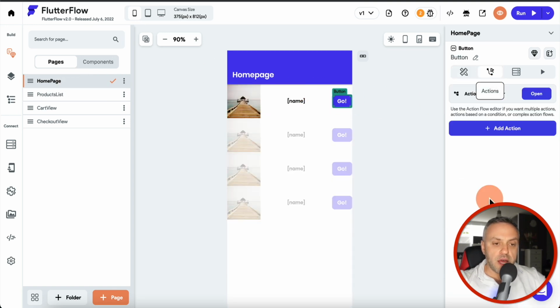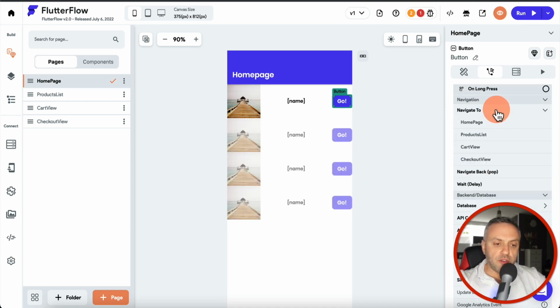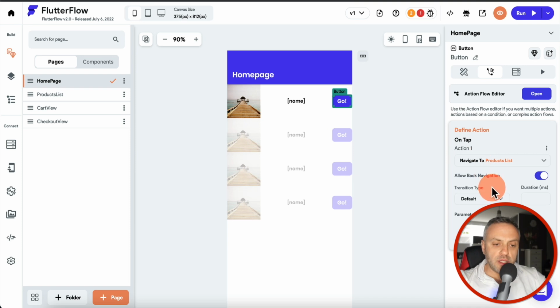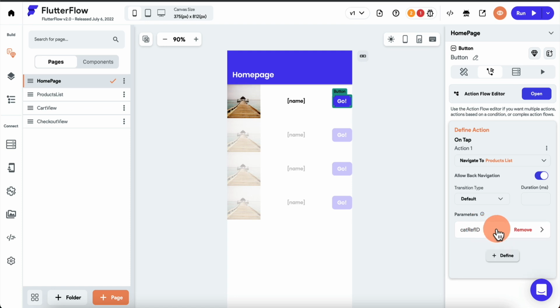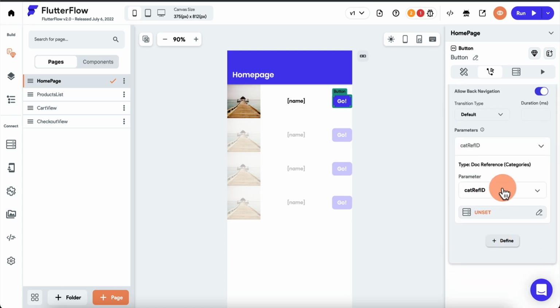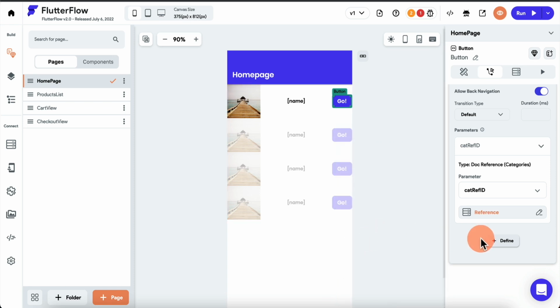We can go to the action editor, add an action, and we're going to say navigate to product list, and it's asking for a parameter. We can even define parameters, but we're going to pass a parameter. We're looking for this, and we are going to define it. We're going to go back here and pass this parameter here. So now this second page gets the parameter